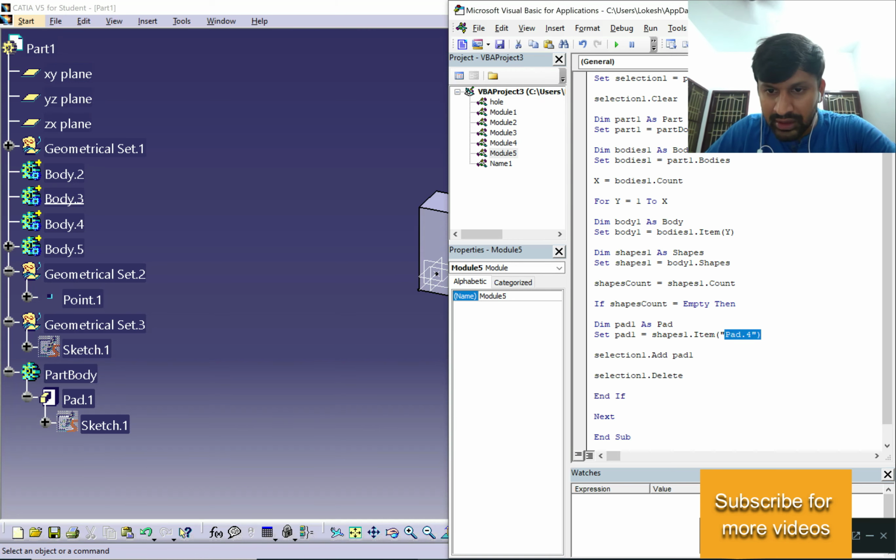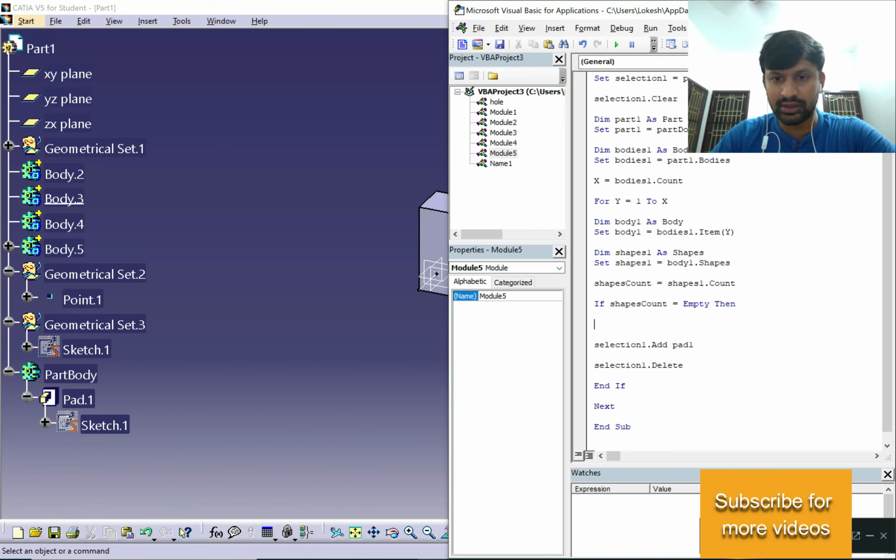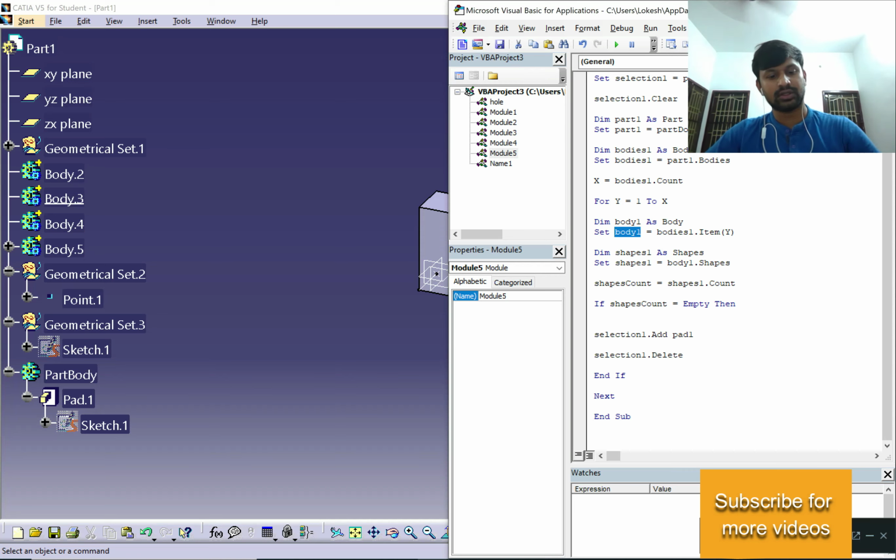So here I don't need this one, because it could be a pocket or anything, so I don't want that. I want to find the shapes inside them. If there are no shapes, then I have to delete the body. So I just copy this one, Body. Yes. Let me run the code for you guys.